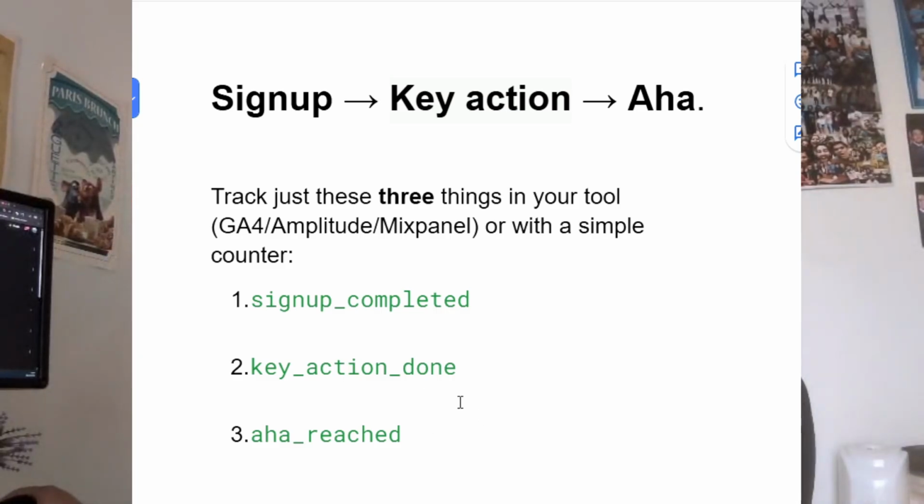Now let's assume you don't have this tool access. Then what you can do is instead set up a small pop-up in your tool, maybe. So like, nice, now you have reached your aha moment, or let's make it more realistic. Oh, great, so now you have received your first comment, and see how many people see it, and that is enough to know that, okay, this is basically the aha moment, right?